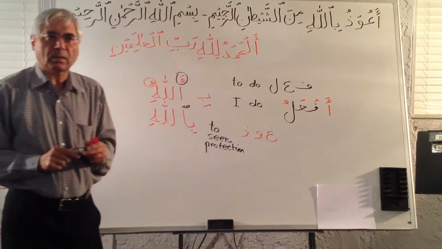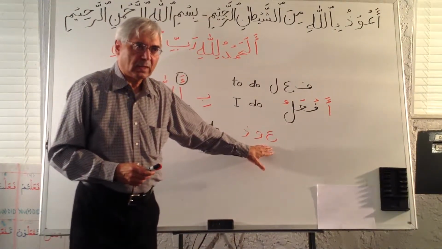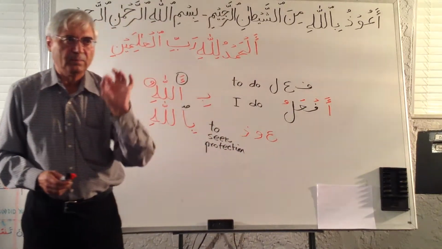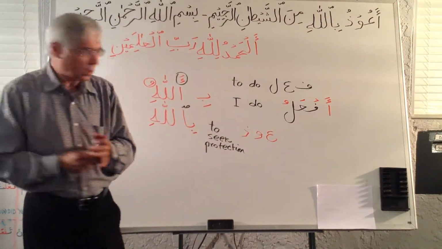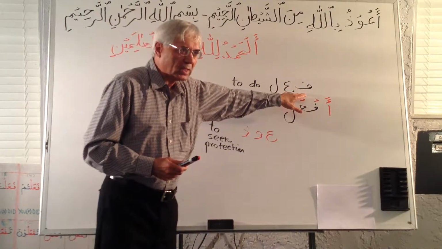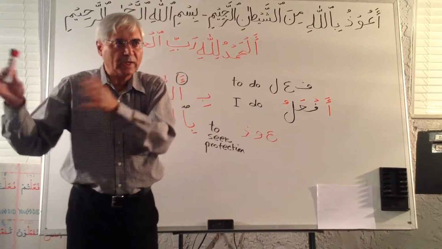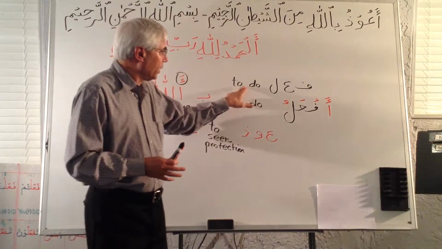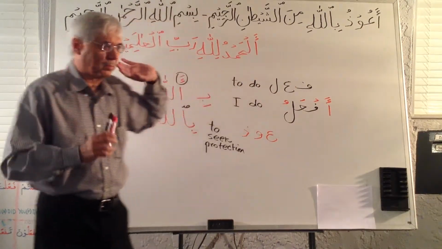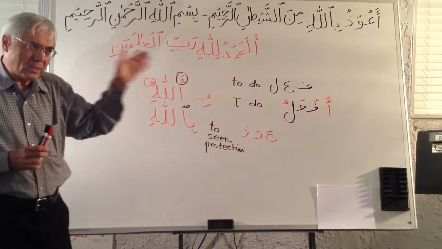The three letters in Arabic, when they come in this order, is important. First ayn, then waw, and then dal. When these three letters come in this order, just like fa has to be the first letter, then ayn and lam. When you put these three letters out of 28 letters in this order, only then the meaning is to do. If you change the order, it means something else, like hamada, when you put the ha, mim and dal. So the order is important.